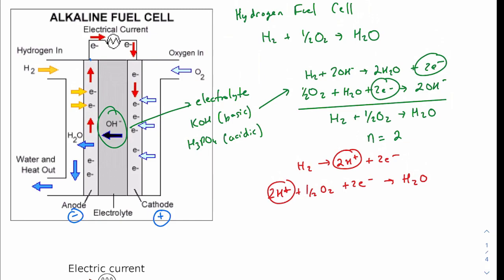So hydrogen fuel cell converting H2 gas and O2 gas into water, whether it's acidic or basic, both those sets of reactions are found in table 24. So use that as a tool so that you don't have to memorize these reactions. And these are kind of common ones that they do like asking about. Now,